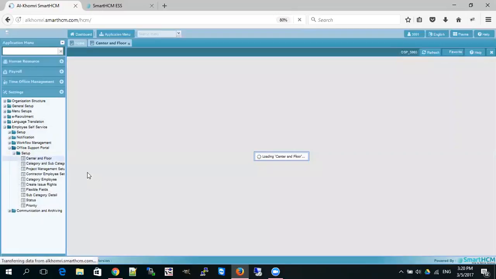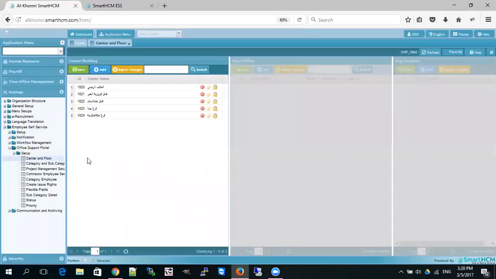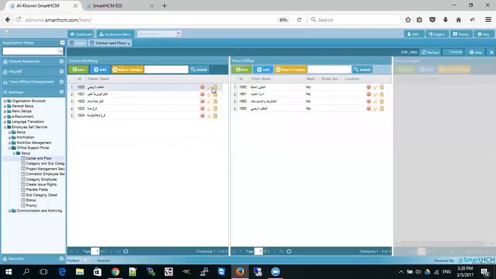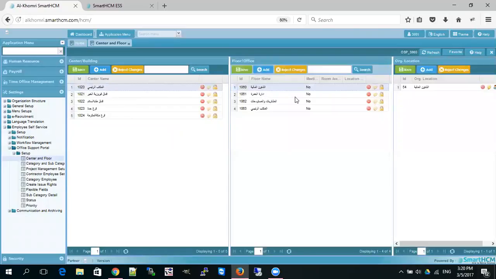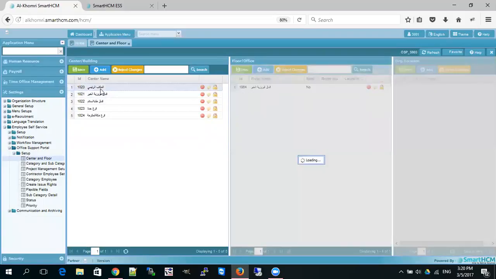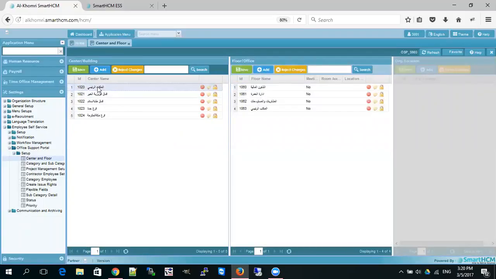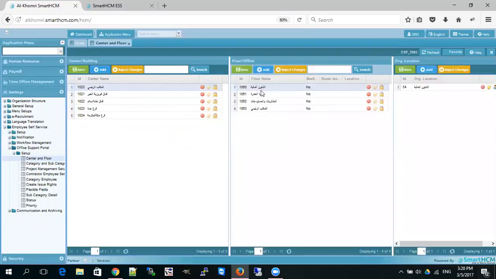So let's see the first setup, which is Center and Floor. Basically, we will design here all the buildings and their offices, floors, and the actual location for this office or this floor. For example, the first one I created here is Maktab Raisi. Maktab Raisi is the head office, and this head office has different offices like finance and purchasing and head office